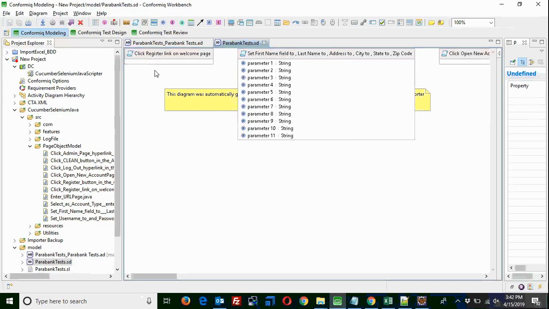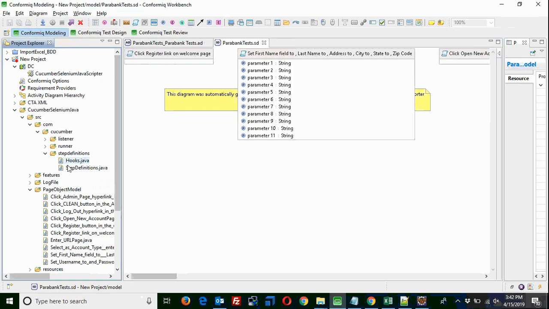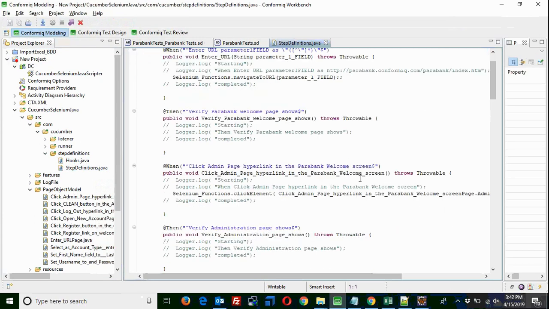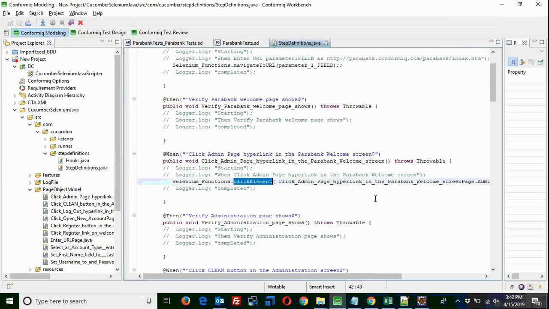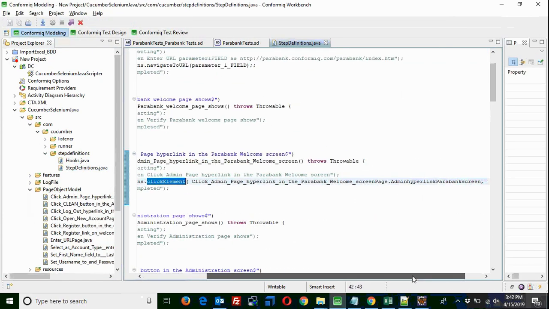But when we convert into automation, in the Cucumber Selenium JavaScript, we have really identified that this is a link, and this is a click. So we are able to create automation code to match that literally. You can see here our step definitions. Literally, it is identifying the automation code for this purpose.